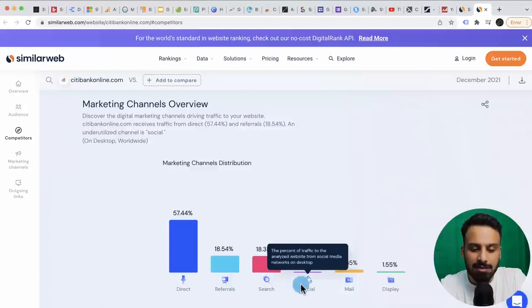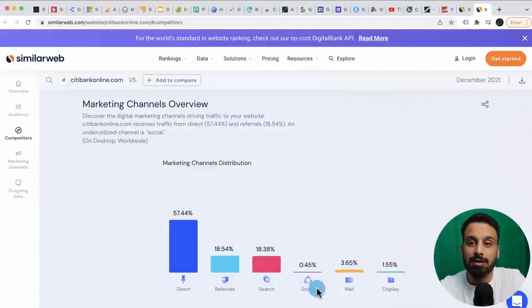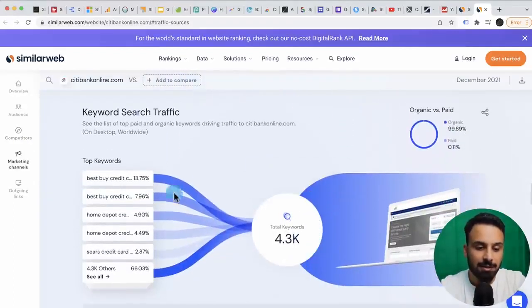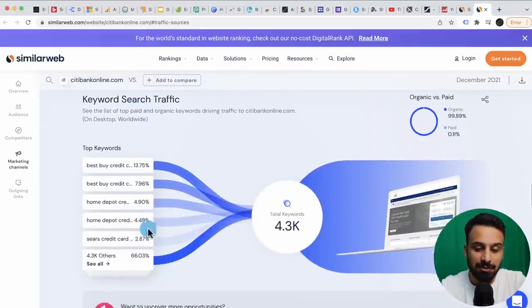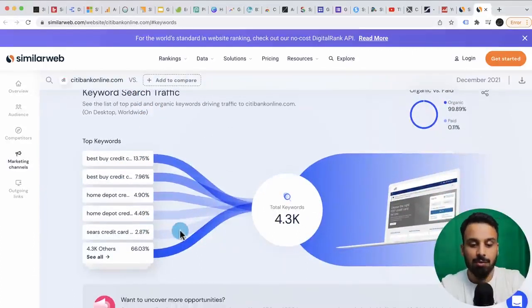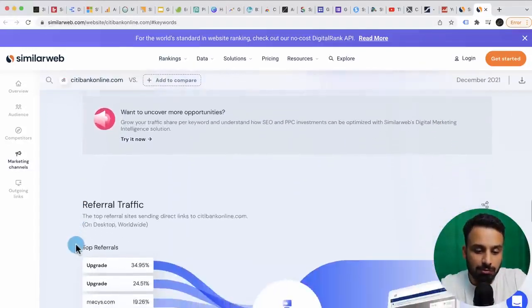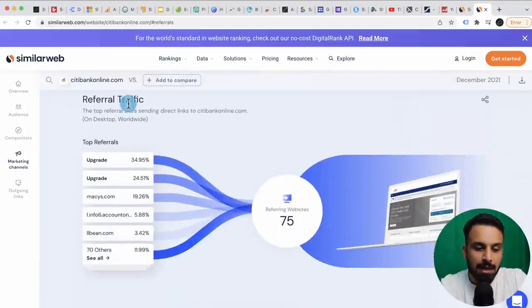The next thing it will show you is the marketing channels overview, like how much traffic they get from direct, referrals, search, social. This can help you understand what their marketing strategy is, which channels they are mostly investing in, and what is driving their traffic. And then it will show you what keywords drive most of the traffic to their website, which will again help you if you are doing it for a competitor. It will help you understand the strategy of keywords you should use for SEO and SEM, and also the